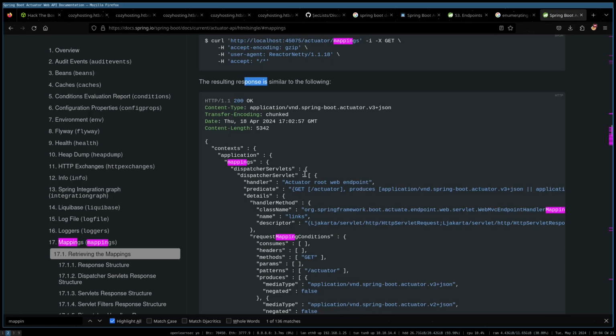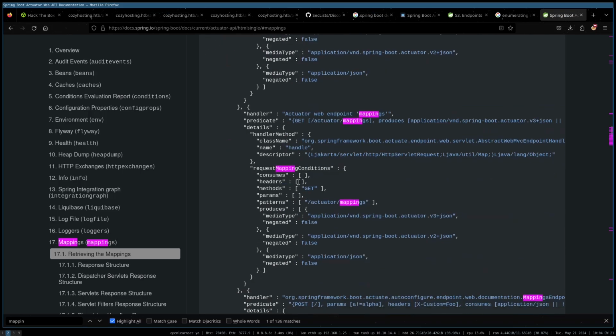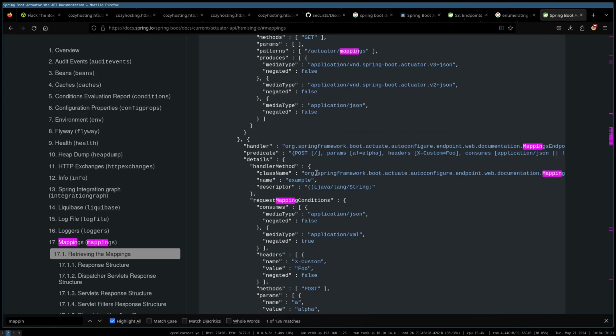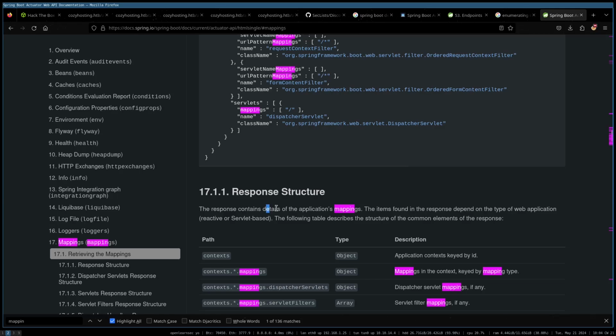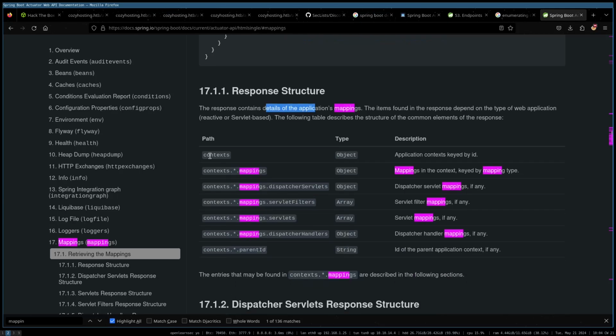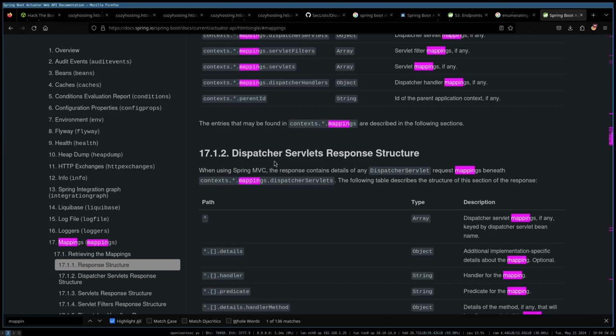Get, etc. So we want contexts. And using Spring MVC, which I believe we are,